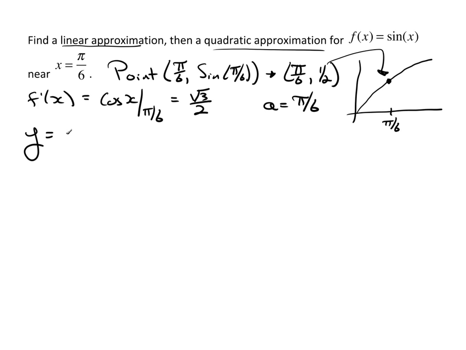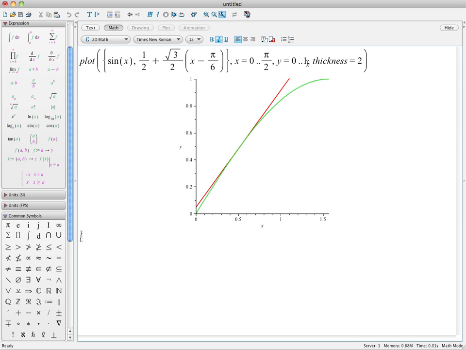So y is going to equal f of pi over 6, which is 1/2, plus the slope, root 3 over 2, times x minus a, which is pi over 6. That's the equation of the line tangent at pi over 6. So if we switch to Maple real quick, we can see here's sine of x, and the red line is